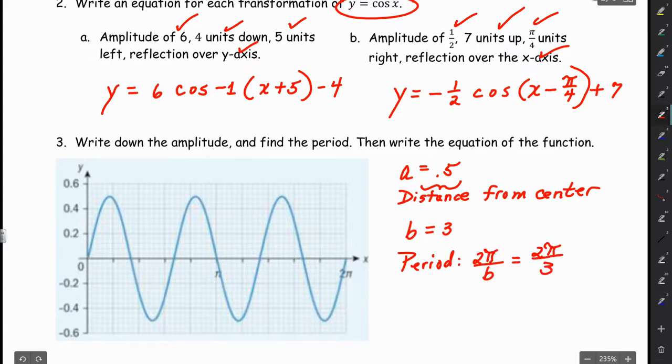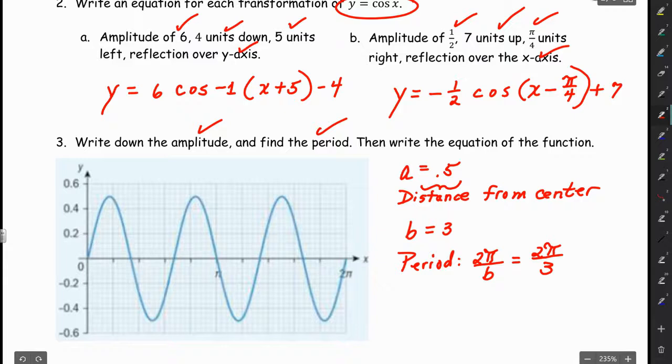All right, so let's see where we're at. Write down the amplitude. It's important to remember that whenever IB says write down, you should be able to look at the equation or the graph and know the answer without doing any calculations. So like we did when we looked at the graph, we could tell the distance from the center was 0.5. So we simply wrote down the value of A of 0.5. We found the period,